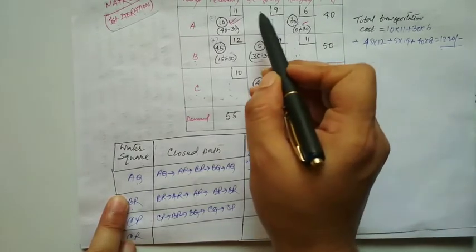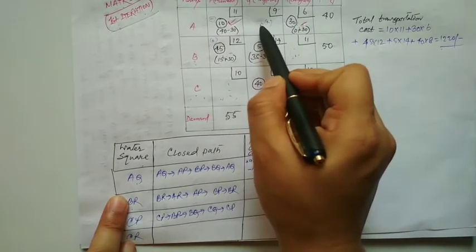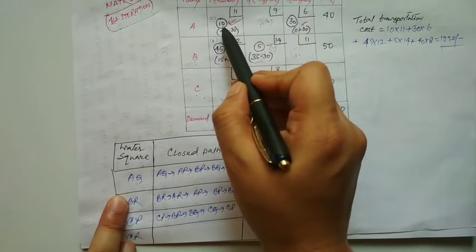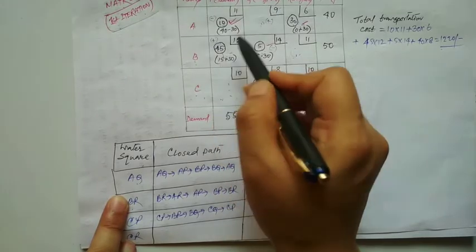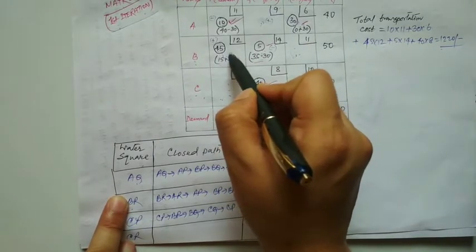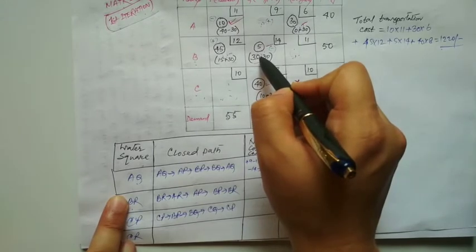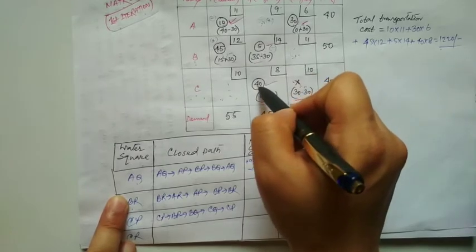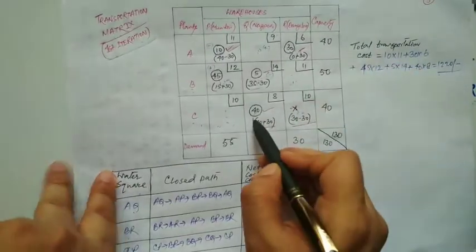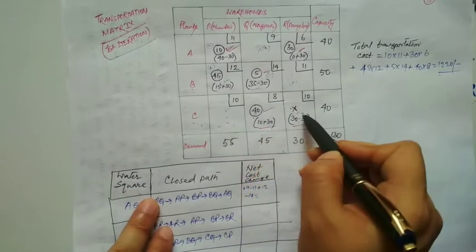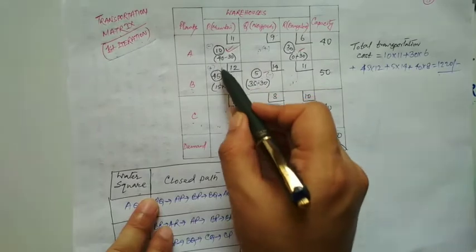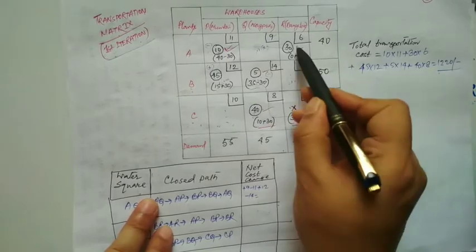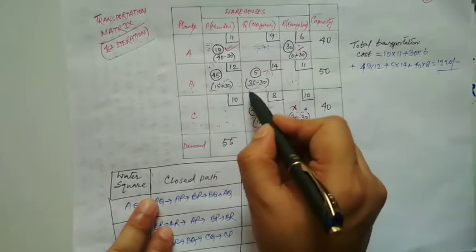AR, then we are going to AP because this is unallocated. We cannot take a turn, so we have to come over here. Next we have to move from here. Then after AP, we will come to BP. Then we again have to take a turn because this is an allocated cell. So this is a turn. BQ, then CQ, because this is allocated we have to take a turn at CQ, then we have to come back to CR. So this is CR. So it goes this one, this one, this one, this one, this one in this path only. And accordingly we have to put plus, minus, plus, minus, plus, minus.